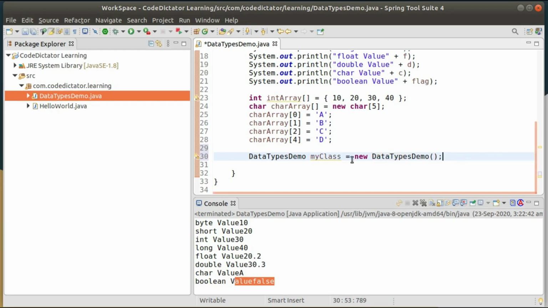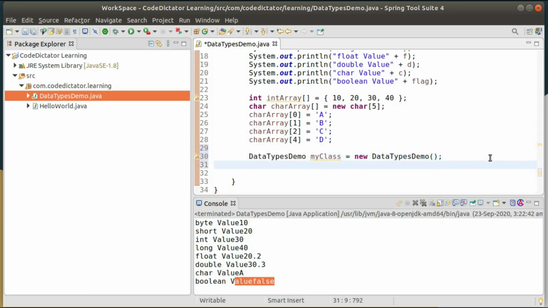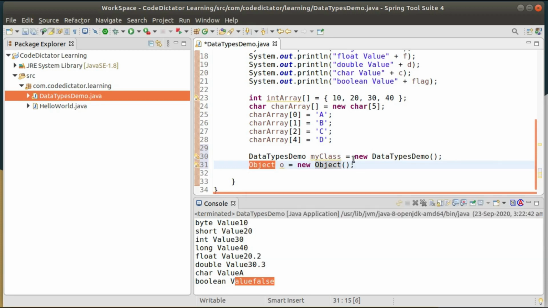It will create an object for me that is the type of my own class. And if I want to create an object of the parent class, I can use Object o equal to new Object. By default it will create an object for me, which is the parent class of all the classes.